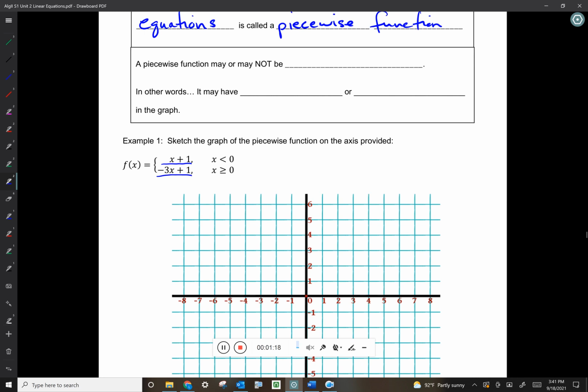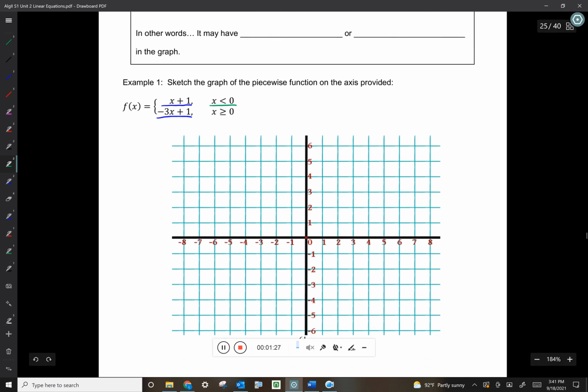How do I know when to use what line? Well, that's what this part tells me. So I'm going to use the x plus 1 line whenever x is less than 0. So look down here at the x-axis. Here's the x-axis. And if you look at the numbers on the x-axis, x is less than 0 everywhere over here on the left of the y-axis, right? So that means on this side of the graph, we're going to use the equation y equals